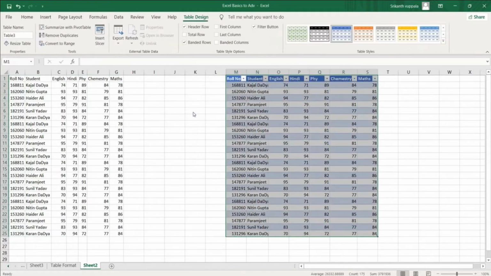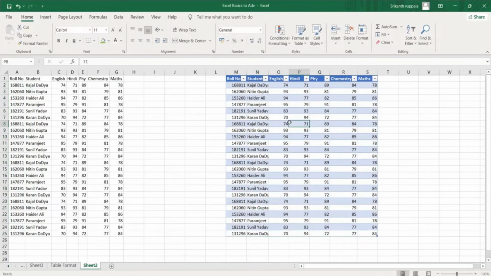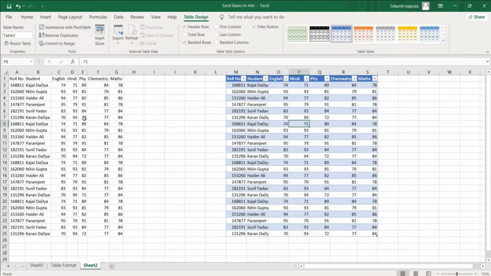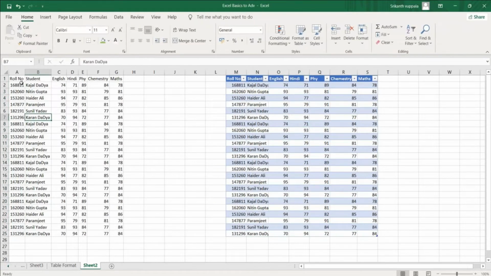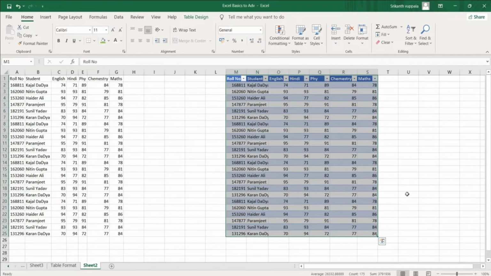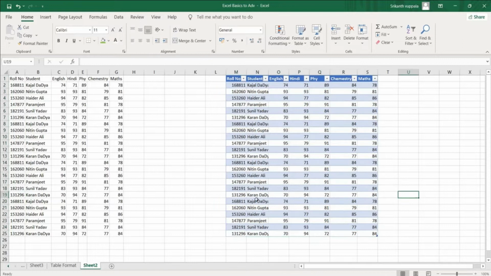See, you see a clear difference here, right? This is normal text which has been drafted in the table format, but the data what you are seeing here is a proper table. Now we'll see what are the advantages of having data in the table format.